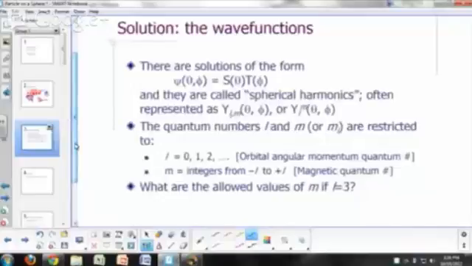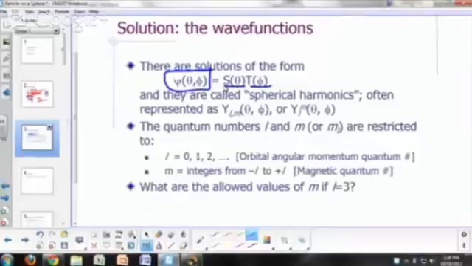The solution to this problem can be written in the form function of theta times function of phi. The way the math works out, it's very convenient to just write the solution in terms of a function of theta times a function of phi. So that's your wave function. It depends on the two angles. The r dependence is gone because we're constraining our particle to be on a spherical surface, so r is constant there, right? So this function psi